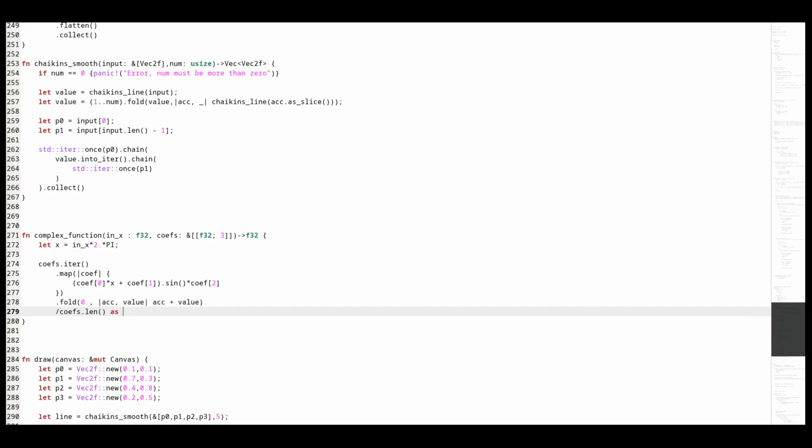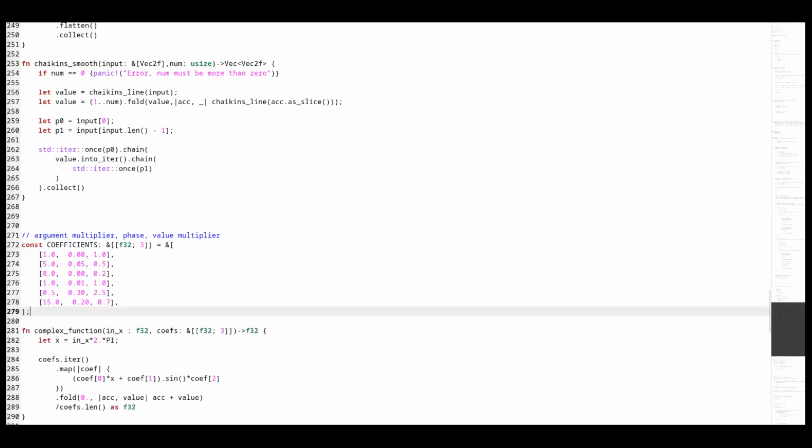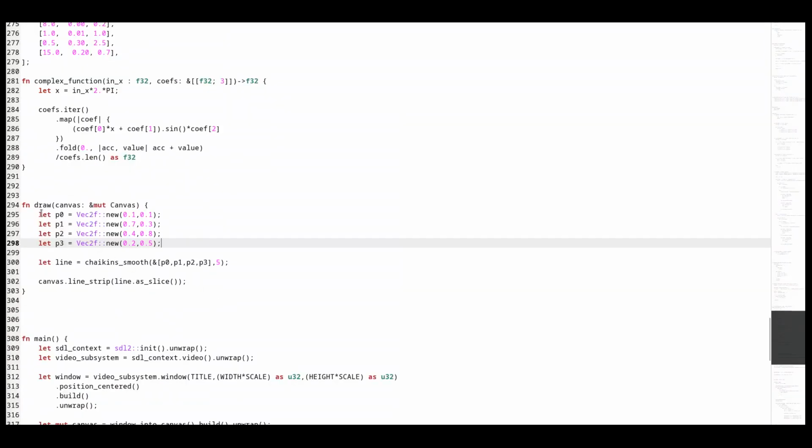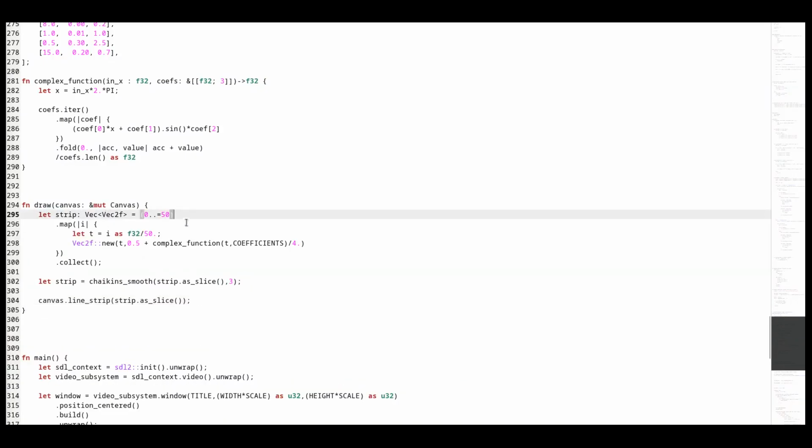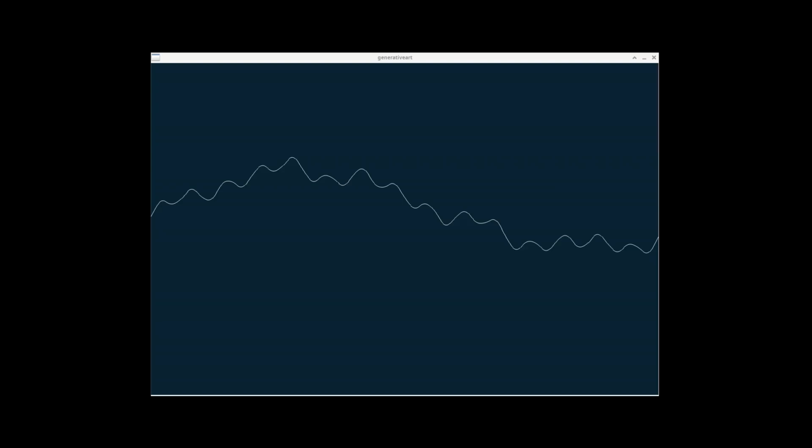These are coefficients that I already picked up. Let's now define a piece of code to generate a shape from these coefficients. And that's what we have got.